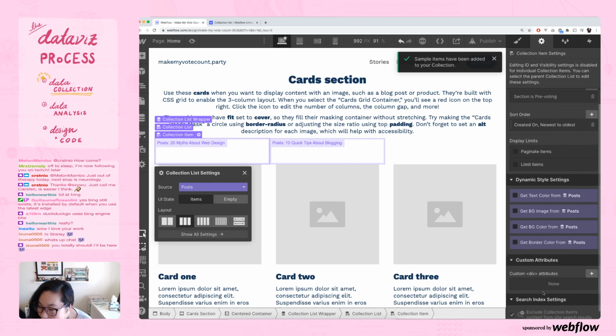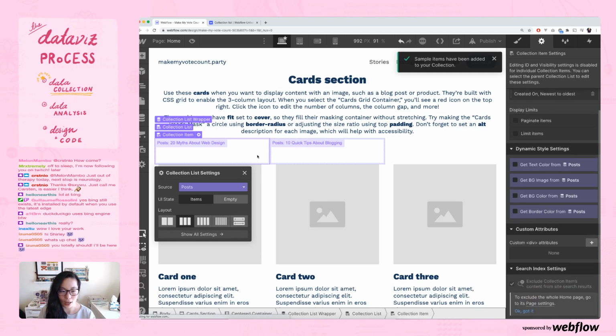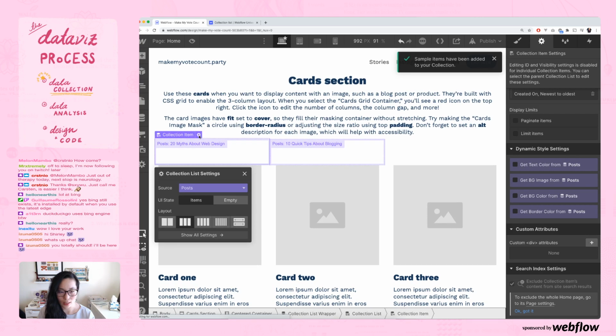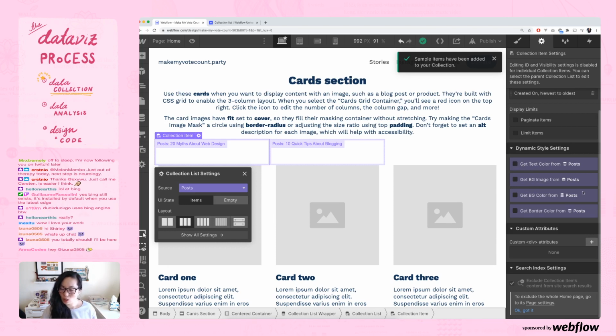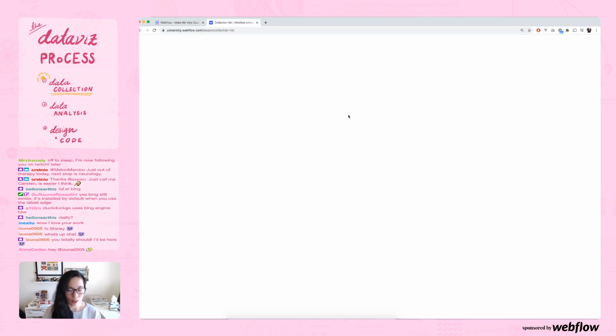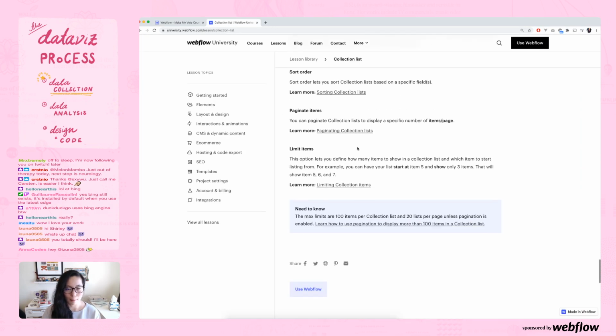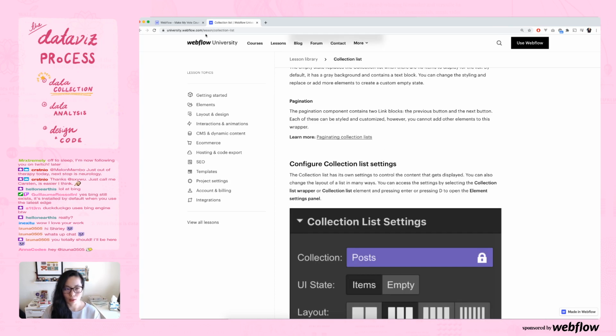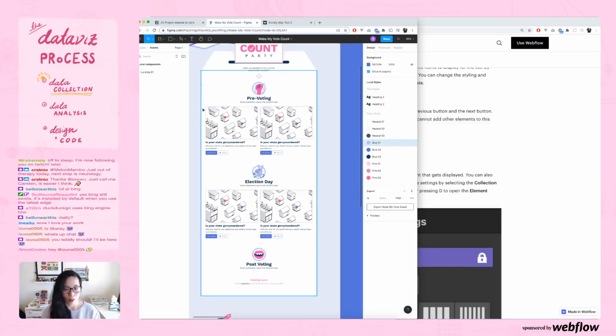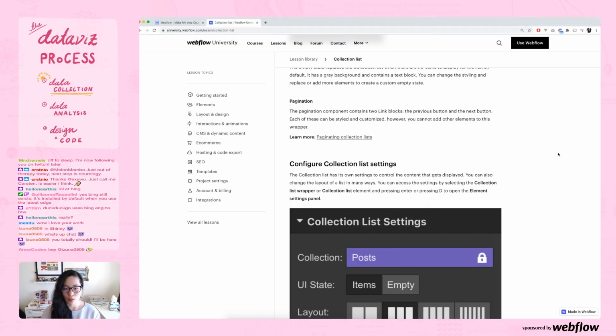Okay, so I just clicked on this little setting thing, and apparently I can dynamically style things too. That's cool. So I can get text, color, background, image. Oh, cool, cool, cool. Okay, so I need to remember how to bring in images and stuff. Okay, so essentially the image, a title, and